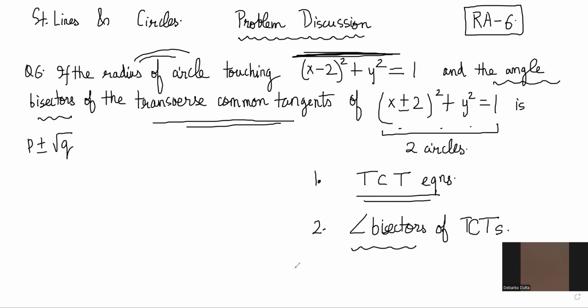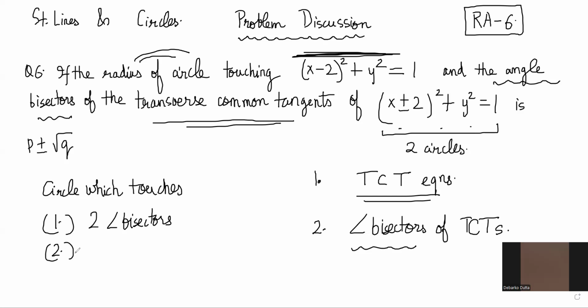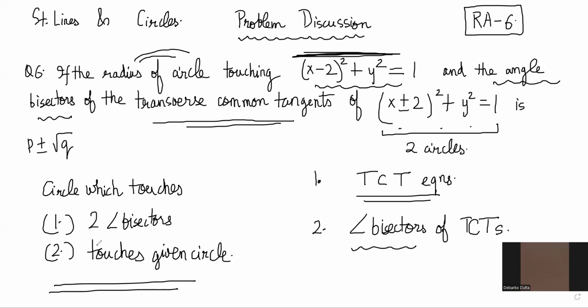Once you have found the angle bisectors, then there is a circle which touches the two angle bisectors that you found in step 2, also touches the given circle here, right? Correct? Okay, sir. We have to find the radius of this circle. So obviously the first two steps are compulsory here. Without that, you can't do anything,